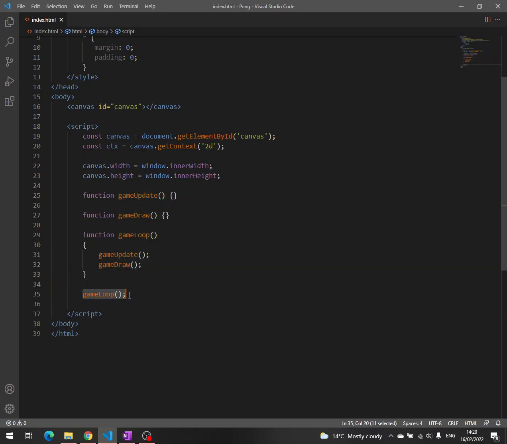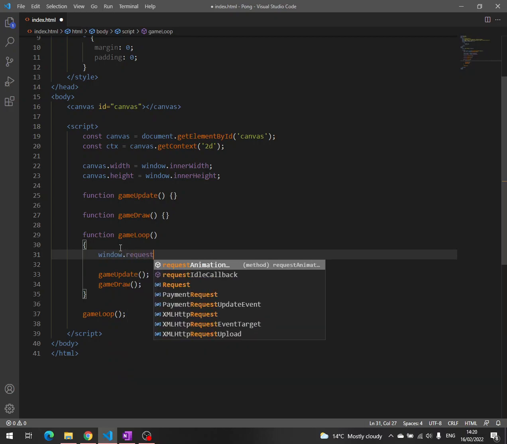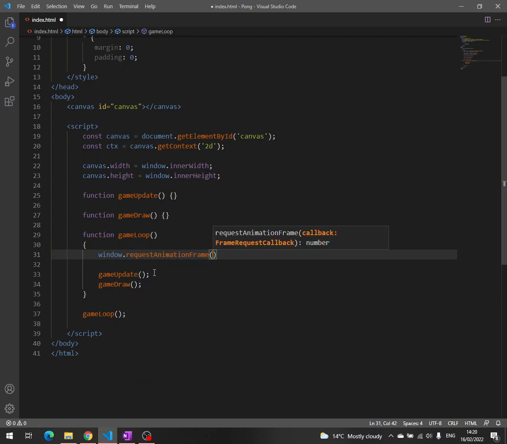How can we call this game loop function continuously so that the update and the drawing happens continuously in order for us to create the illusion of animation? Well, the window object has a very useful method. This method is called requestAnimationFrame, and